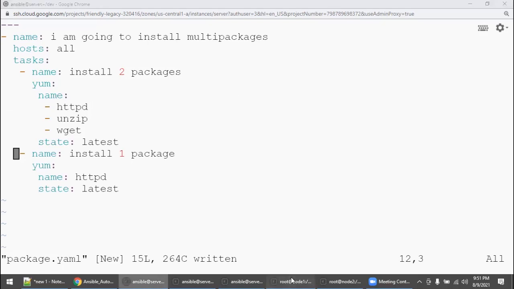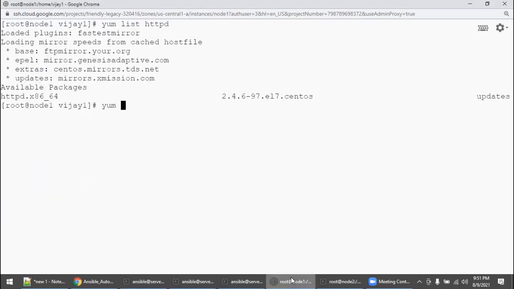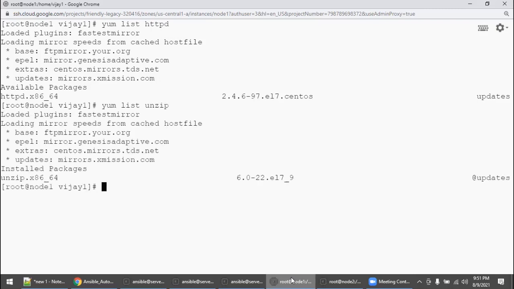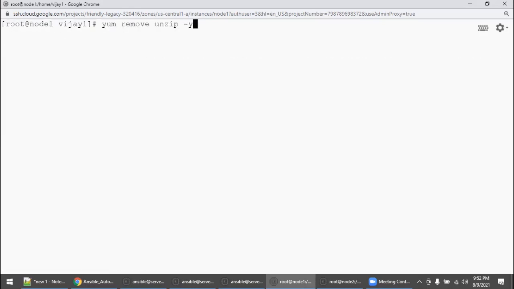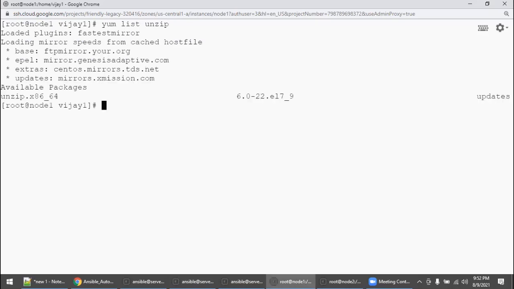Unzip. Check unzip also. Yum list unzip. Installed or not? Installed. So better you remove this also. Remove unzip. We can do this with a single Ansible ad hoc command, but we'll go one by one. So now if you do a yum list unzip, it's not installed.